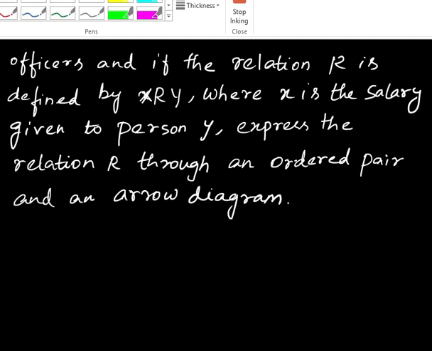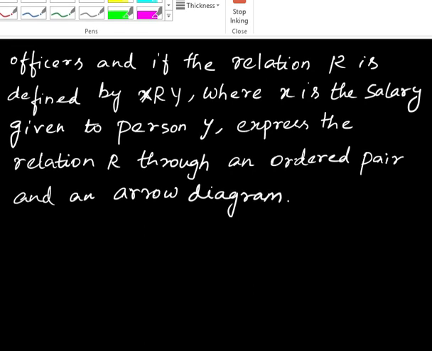And they have given X comma Y is a relation where X is the salary and Y is the person, and they have represented assistant as A1, right? So when you are writing the first relation for the assistants, you will get 10,000 comma A1 and 10,000 comma A2. So similarly for 25,000 for clerks and 50,000 for managers and 1 lakh for executive officers.